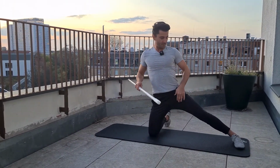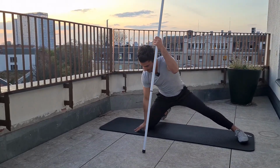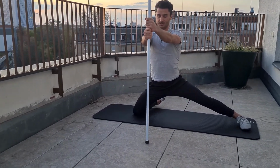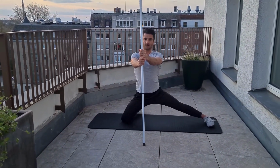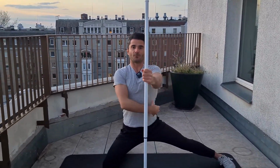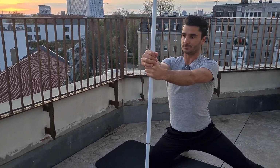All right. We stay in that position and now place the stick in front of us, have both arms stretched out and have the other knee as far out as possible so that you already feel the stretch here on the insides of your legs. And what you now do is you push the stick down, which engages your core, and with every breath in, you try to lift up your rib cage a little bit. Get really tall in your spine, and then when you breathe out, you try to keep that expansion of the rib cage, and always try to bring the air into all different areas of your rib cage so that it expands three-dimensionally. Breathe in